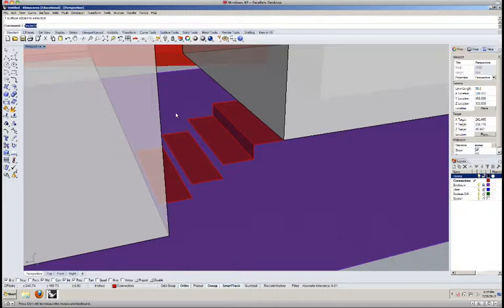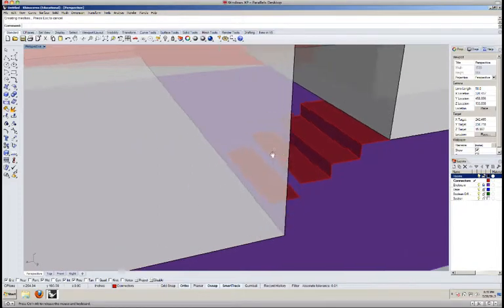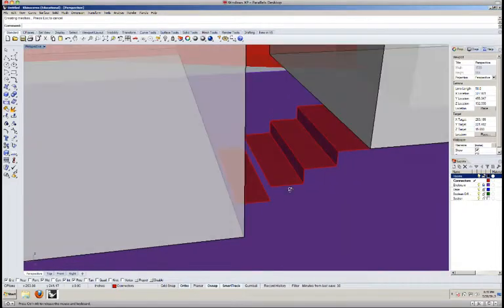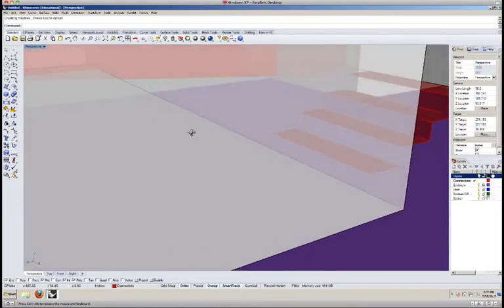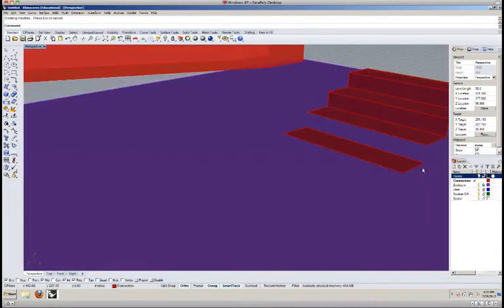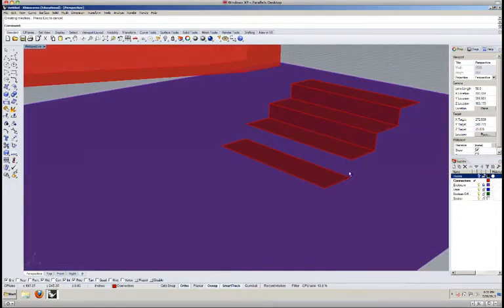So extrude, E-X-T-R-U-D-E, curve, and I can pick a surface edge. It doesn't have to be a freestanding curve, so I'm going to click that and hit enter, and then I'm going to use the next tread up as the reference. I could loft these 2 edges together, so I'm going to go from this way so you can see, or actually for now just turn this off so you can see. I can loft this edge with this edge, so loft,